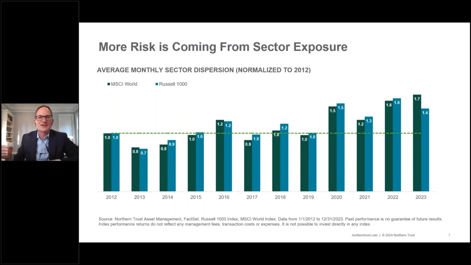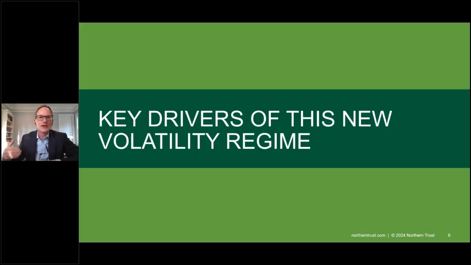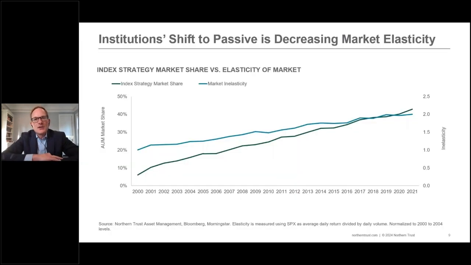All right, so why is this going on? Probably the most interesting part of the presentation in my mind. I get asked this question a lot. If you go to the next slide, there are at least two or three really credible microstructure reasons why we're seeing this increased level of volatility. And on the next slide, I'll give you the most probable, in my mind, reason why we're seeing this very different behavior of equity markets.